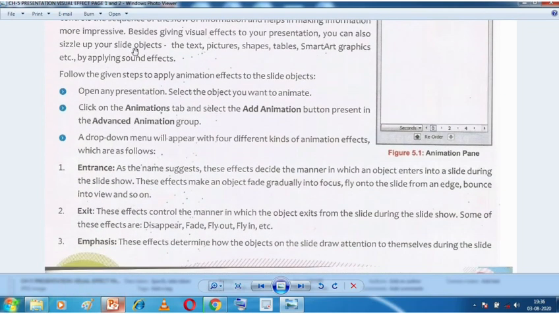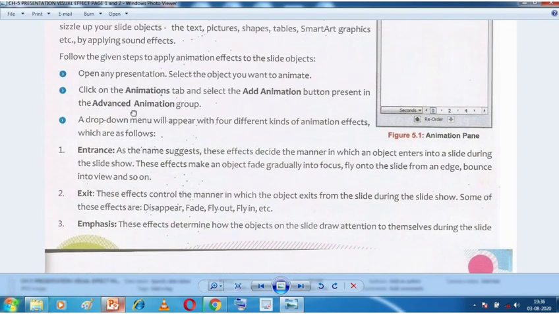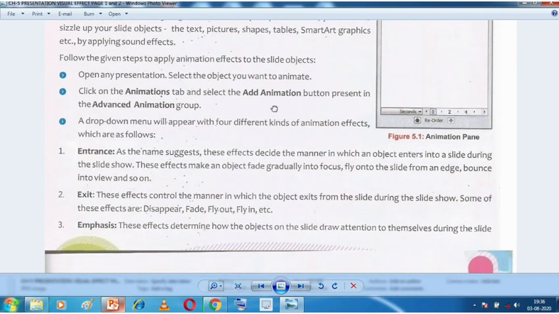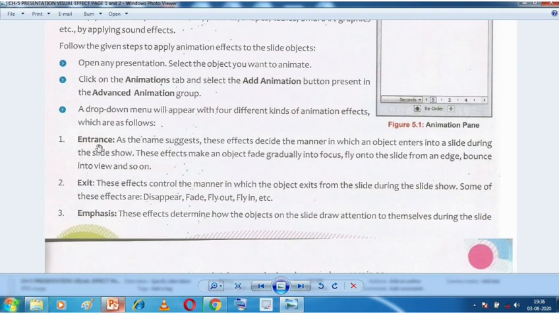Then you studied that there are four types of animation effects that Microsoft PowerPoint provides. The four types were the entrance animation effect, because of which the object was entering our slide. Then emphasis, which tried to grab the attention of the audience.